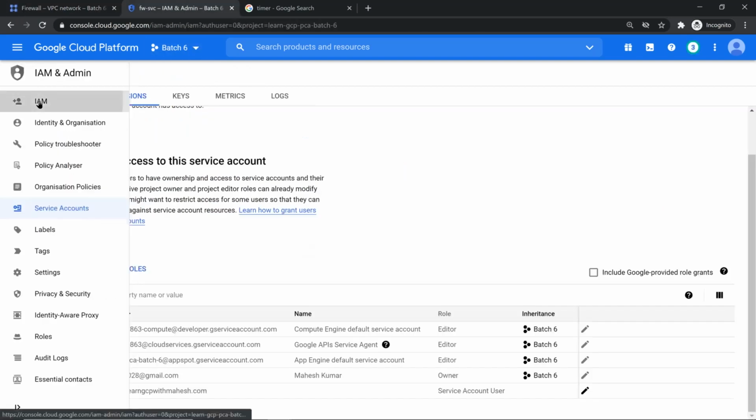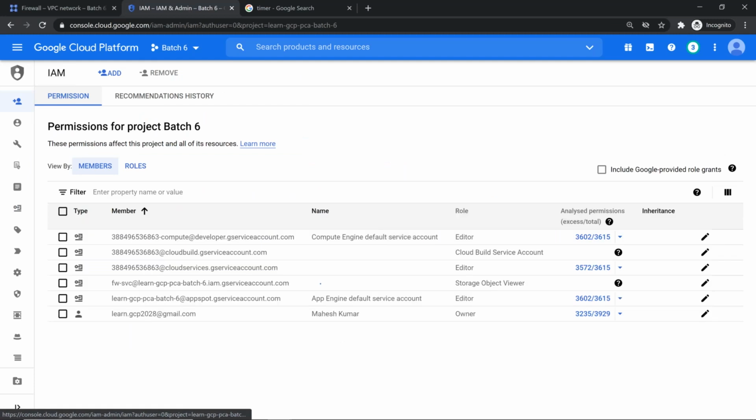we gave everything. So let's make this user, Mahesh user. If you see in my IAM, there's nothing there. Everything is basically the owner and a few of the service accounts. Now what I'm going to do is give this user